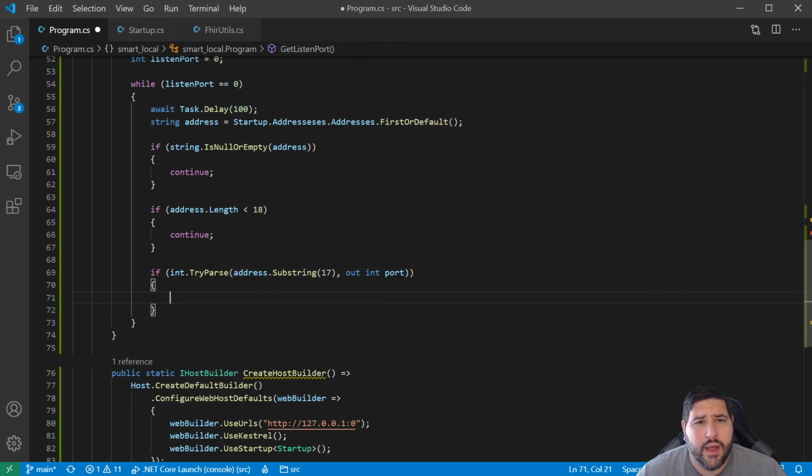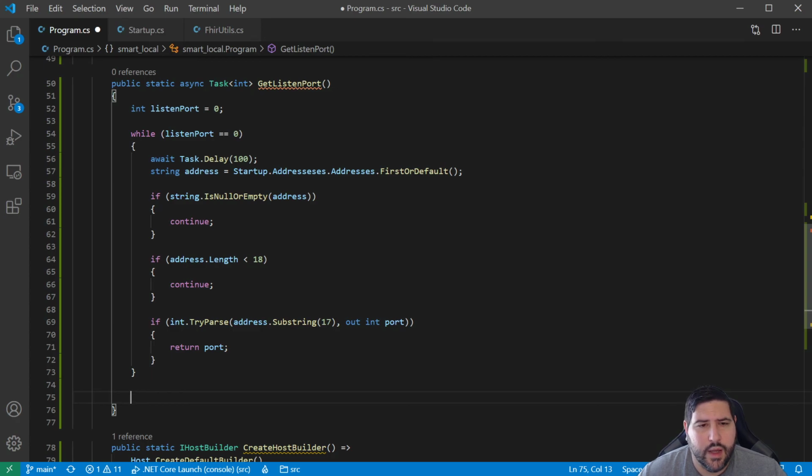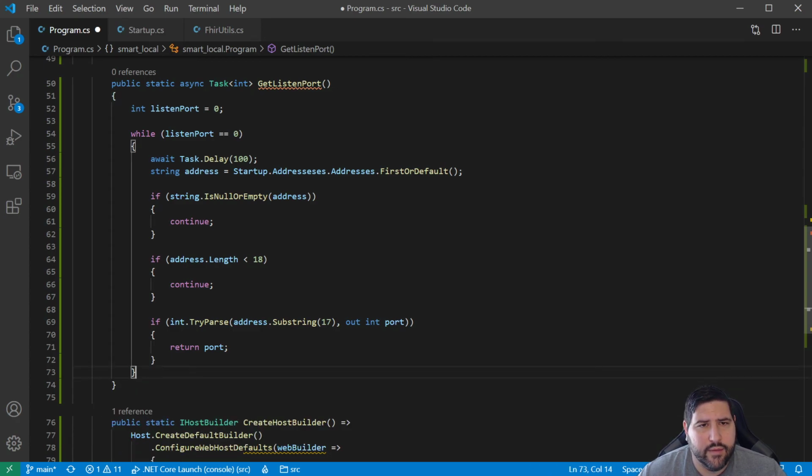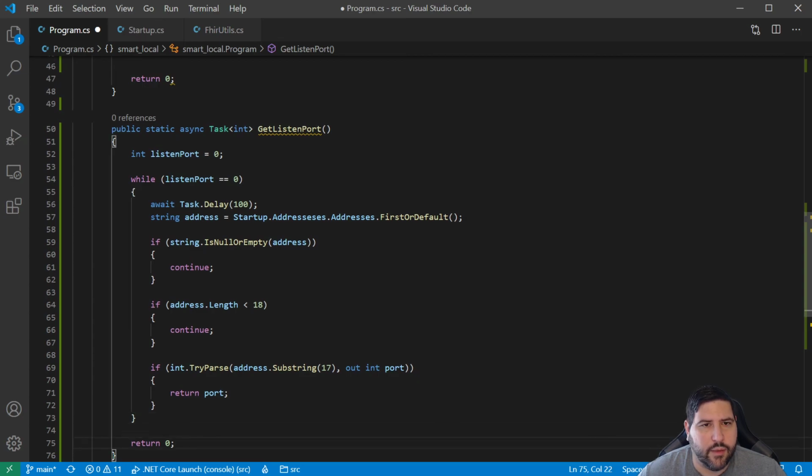So if we have this, then we can just say return the port. We don't actually need the listen port here. So we could even put a delay here now. And then if we ever get to the end here, we'll just return 0. So if for some reason something happened that broke us out of this, then we'll just say that we failed. So what we can do is things like this. So we could say,